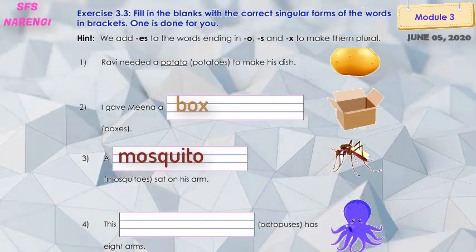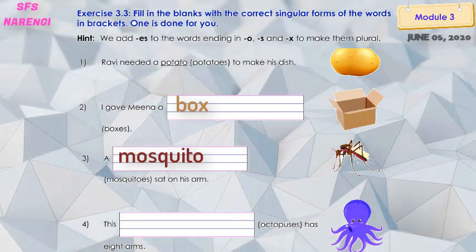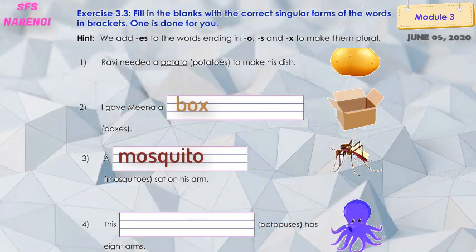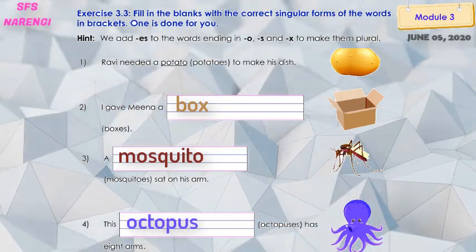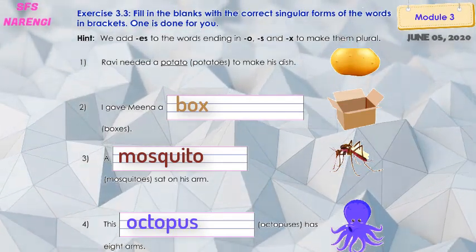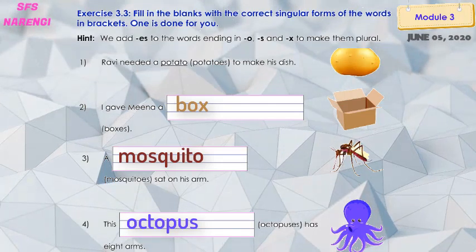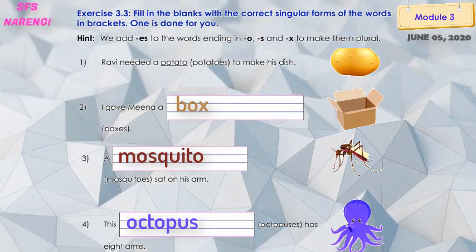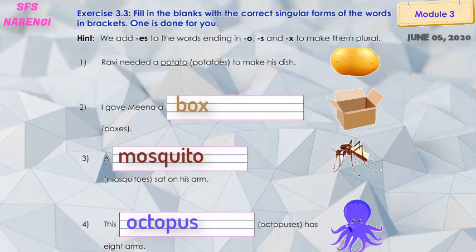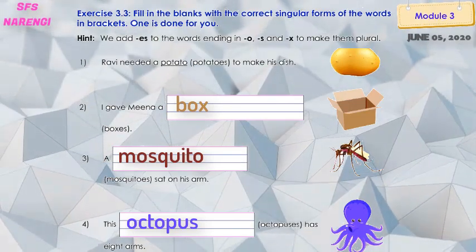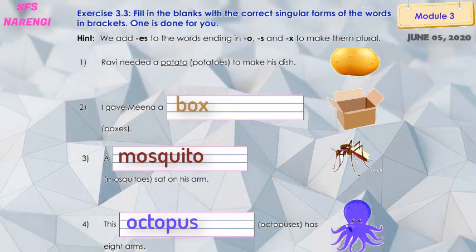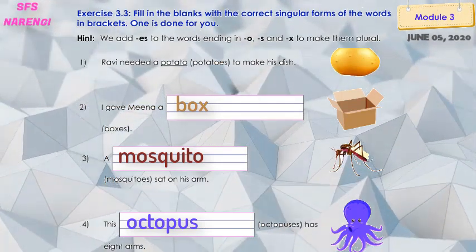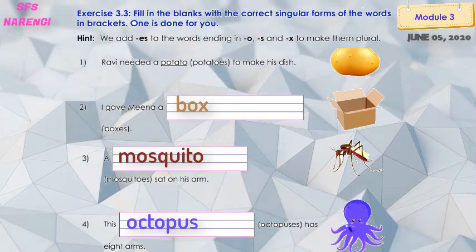Come to number 4. This dash octopuses has 8 arms. What is the singular of octopuses? Octopus. What is the spelling again? O-C-T-O-P-U-S. Octopus. This octopus has 8 arms. Right? So what have we learned? We learned that we have to add ES to the words ending in O, S and X to make them